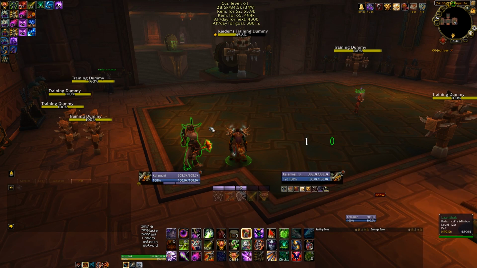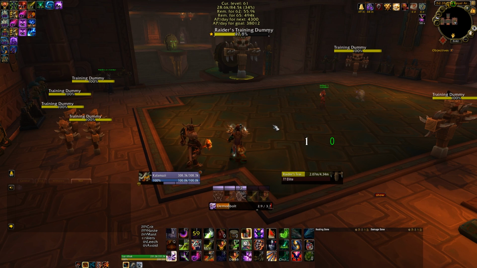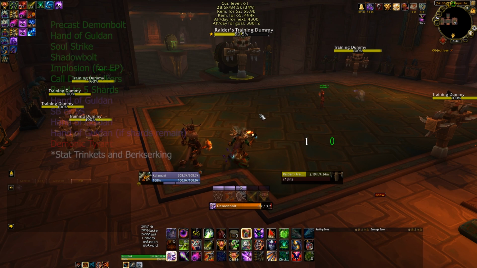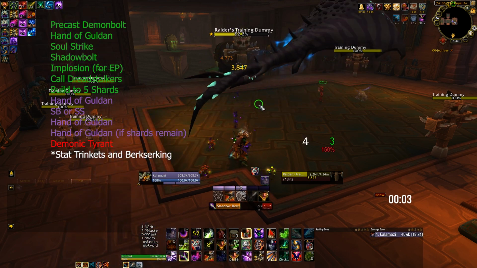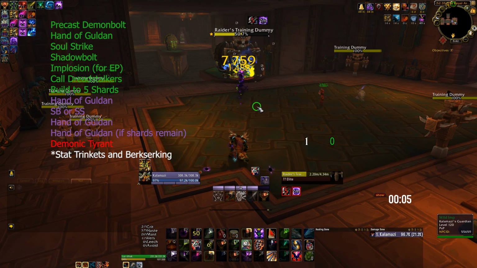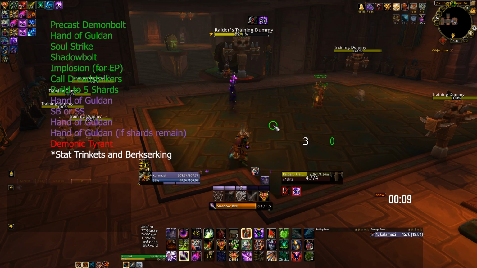Each spec has a different opener, but both are pretty easy to master. For the Explosive Potential opener, you want to start by precasting a Demon Bolt right into a Hand of Gul'dan. At this point, cast Soul Strike, Shadow Bolt, and then Implosion to get your EP buff active. You want to then cast Call Dreadstalkers, and then build the 5 shards via Shadow Bolt and cast Hand of